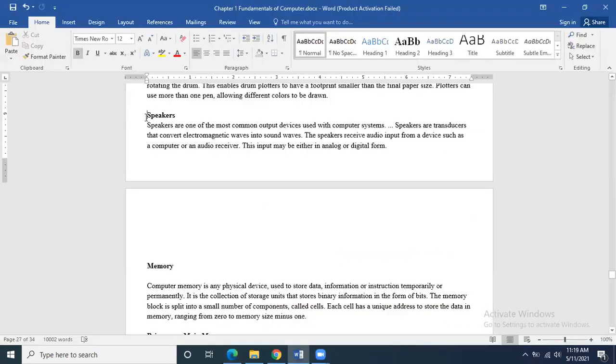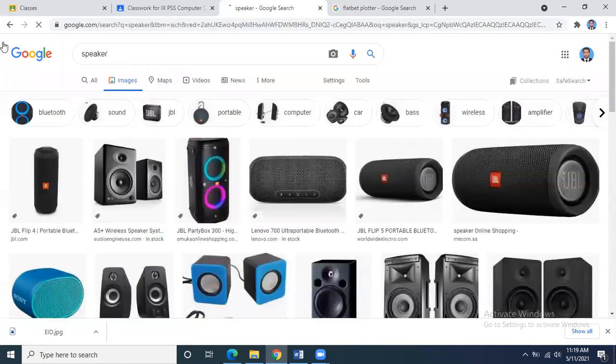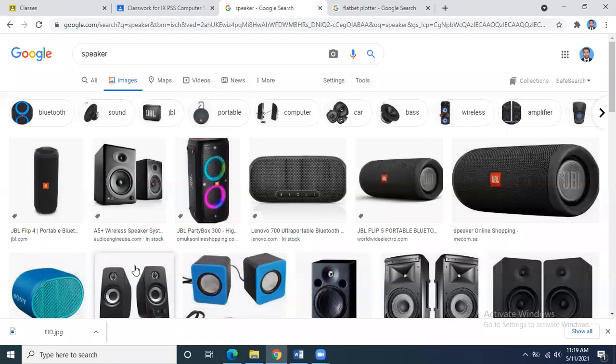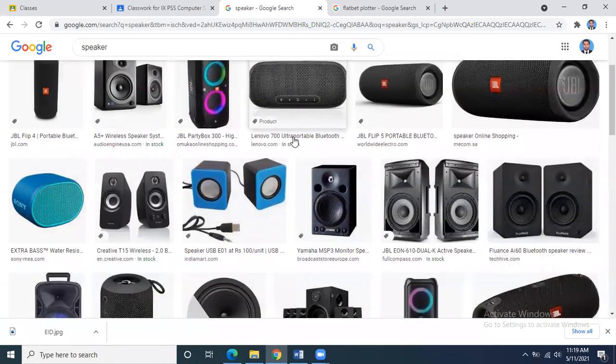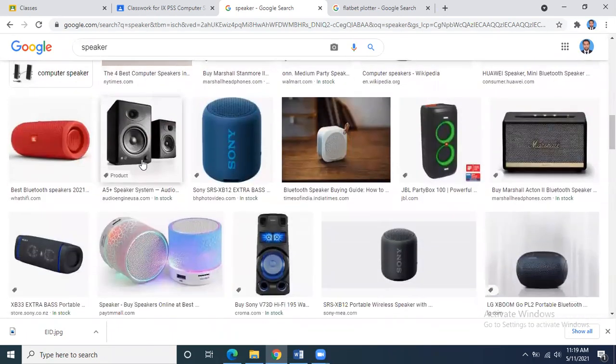Speaker, you know very well, is a soft copy output device which gives you the output for the sound. Speaker converts the electromagnetic wave into longitudinal wave, and you become able to listen to the voice. Inside the computer system, data is in digital format, but when it goes through the digital to analog converter by the sound card, it is converted to the electromagnetic wave. When the electromagnetic wave comes out through the wire, it comes towards the device called speaker, and the speaker converts it into longitudinal wave, which is audible by our ears, and then we are able to listen to it.